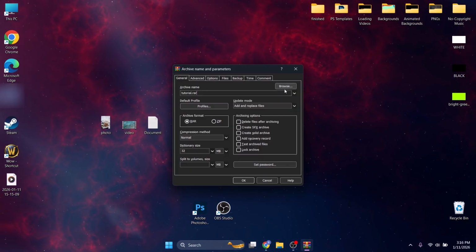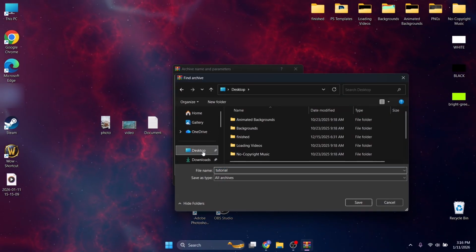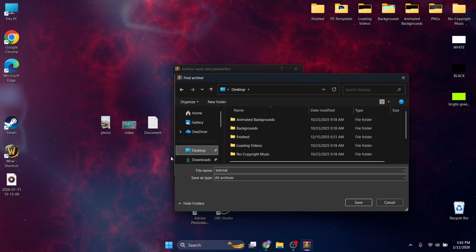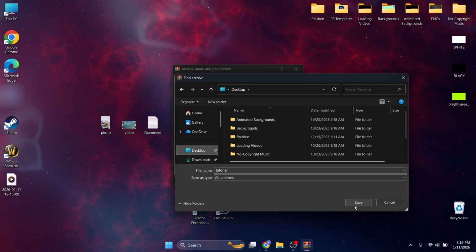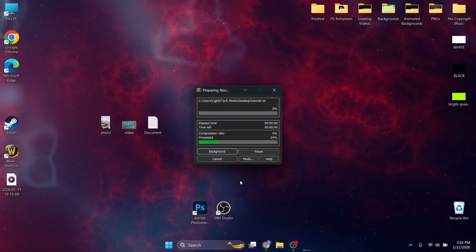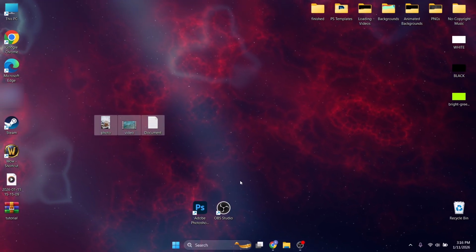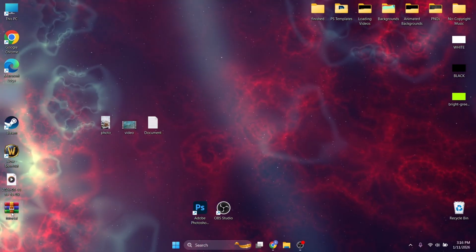Now you'll find here Browse to select where you want to save this compression. Let's select desktop, save it wherever you want, and press on Save. All right, press on OK, and now the files are being archived, are being compressed, and here is the WinRAR